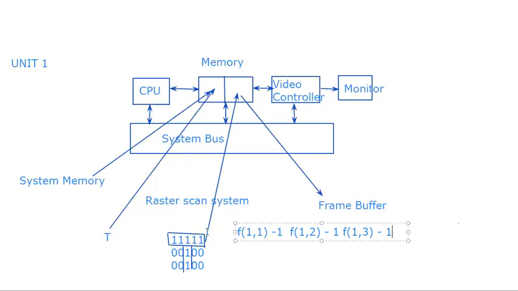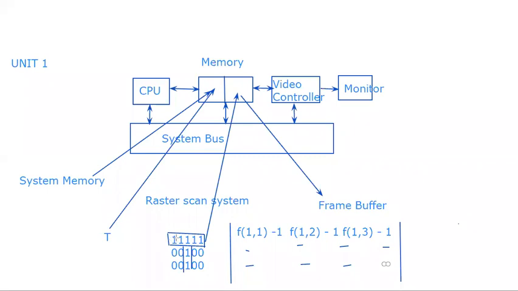So in this way we can create a matrix of 1 2 3 4 5 columns and 3 rows, 3 cross 5. So next step, one matrix will be created by the CPU based on the position of ones and zeros, and this matrix will be stored in the frame buffer again. So how can we create this matrix?